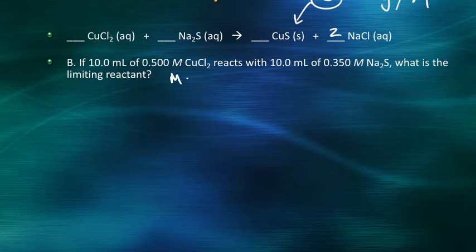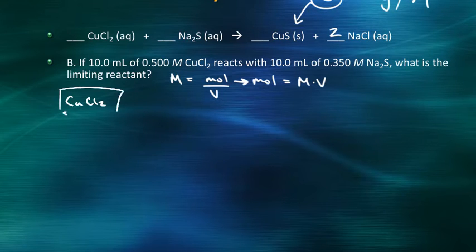Well, if we look at our original equation for molarity, which is moles divided by volume in liters, to rearrange that to moles, moles are going to be equal to molarity times volume. So this is what we're going to start with here, molarity times the volume of the substance. That'll give us the moles of that particular substance, and then we can proceed with the stoichiometry. So for the first one, we'll just label this CuCl2, so we'll make it really clear which one's which. All right. We're going to take the molarity,